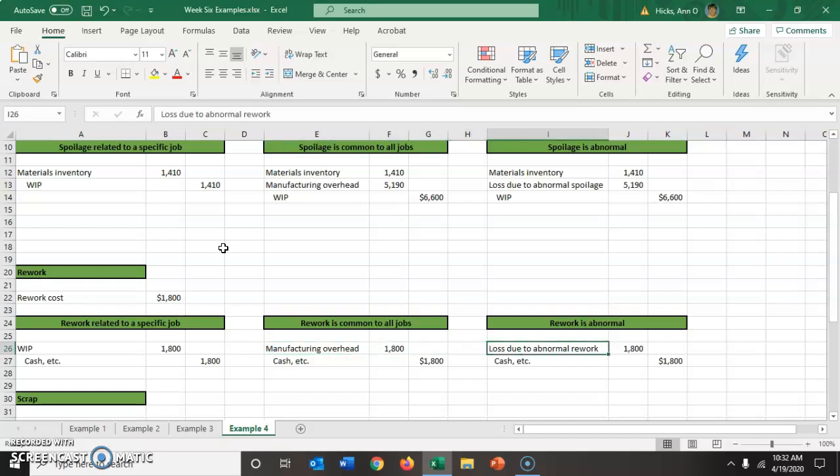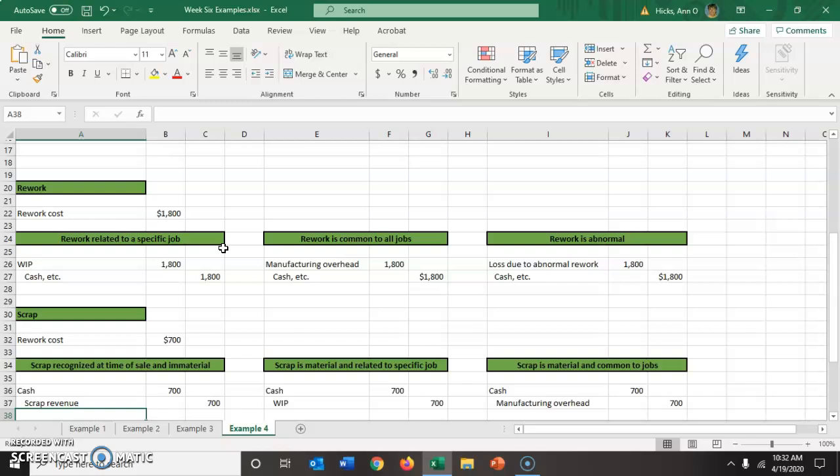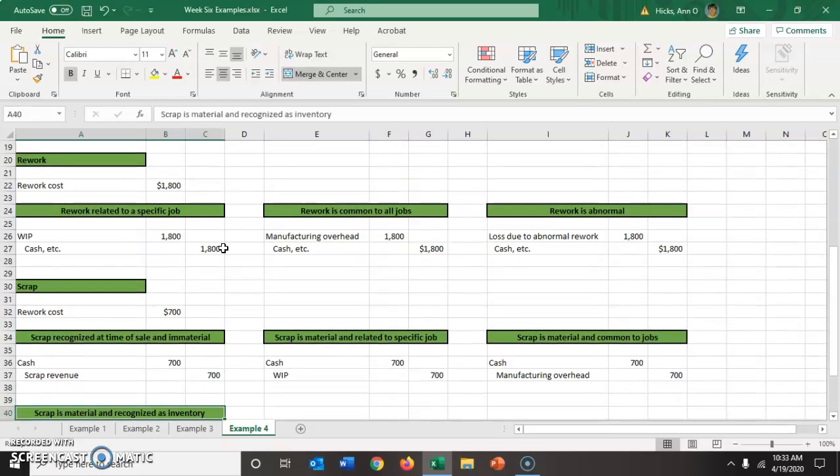And then the last example is assuming the rework is abnormal, then that $1,800, similarly to the spoilage cost, will get debited to the loss account and run directly through the income statement. Okay. Again, this isn't that complicated, but we just haven't talked about it. And then the last thing I want to mention is